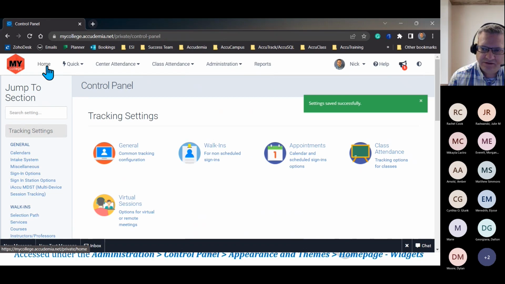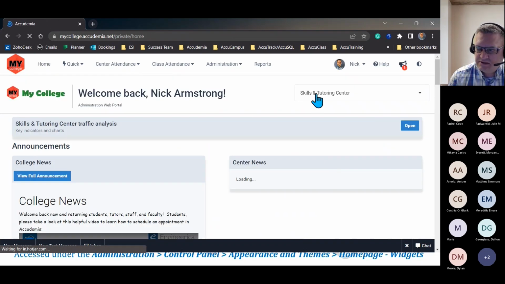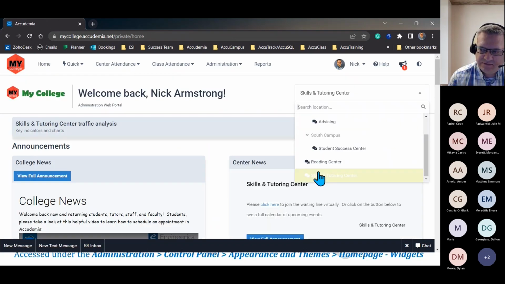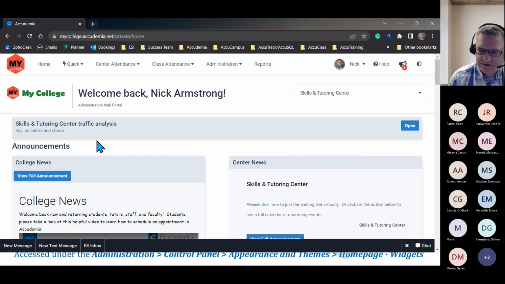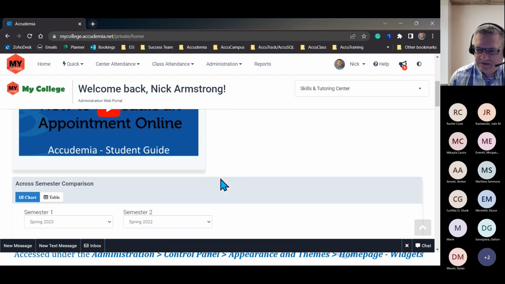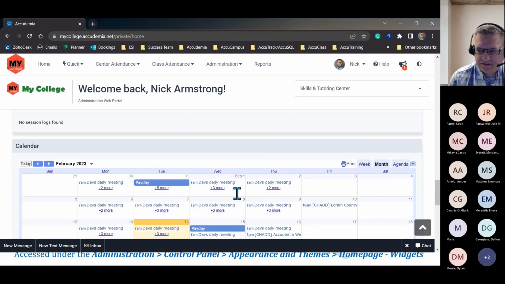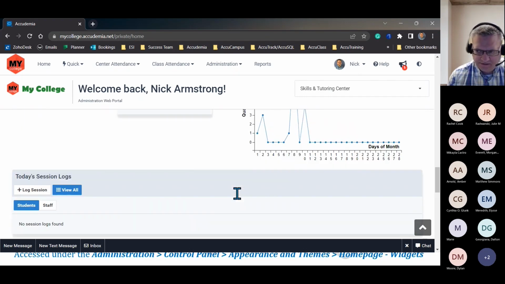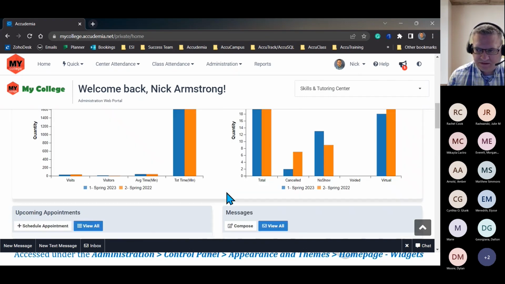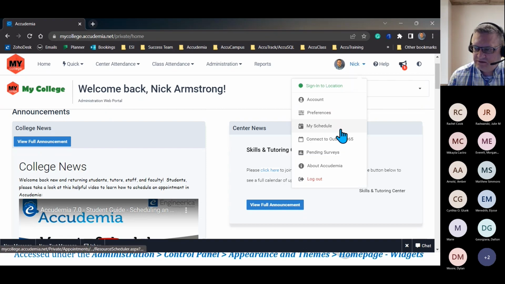Now to view them, if I go back to the home page in the top right, I just need to make sure I have that center selected. So you can see on here, I'm logged in as an admin, of course. So I'm going to have all these different options, like maybe charts and graphs and things that my other users won't necessarily see. But if I log out